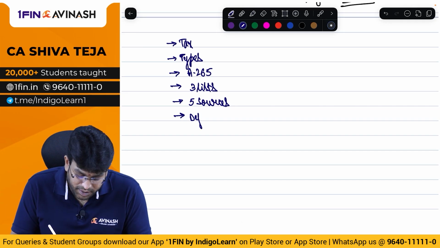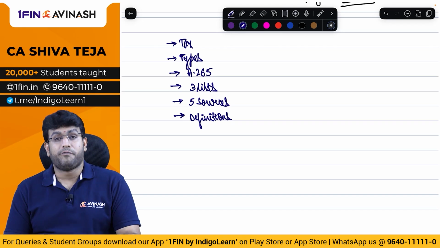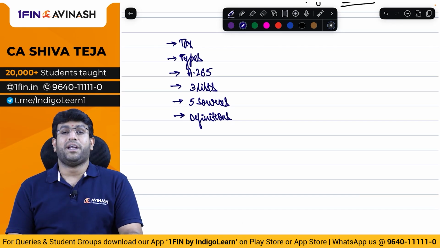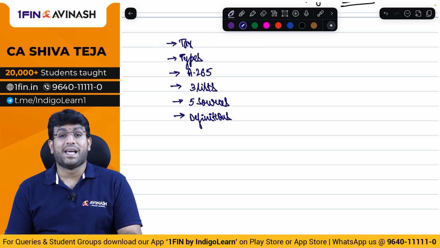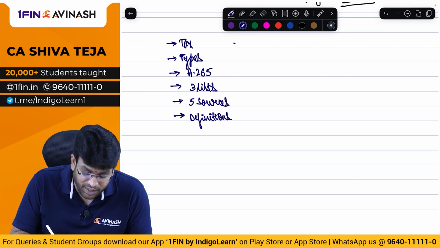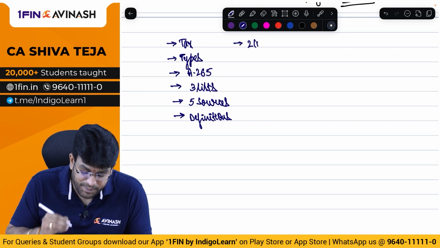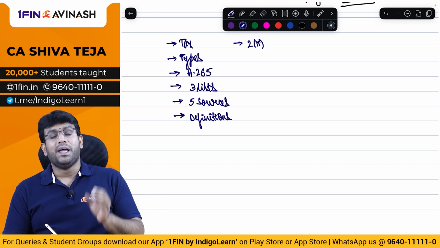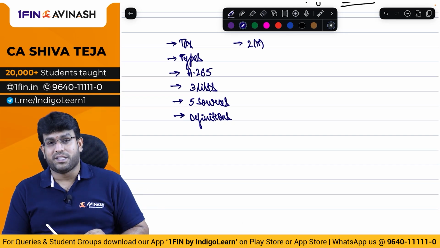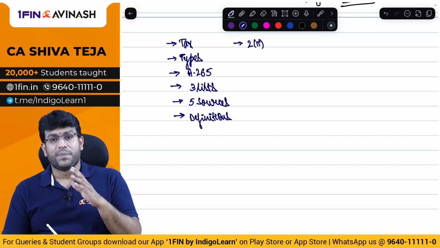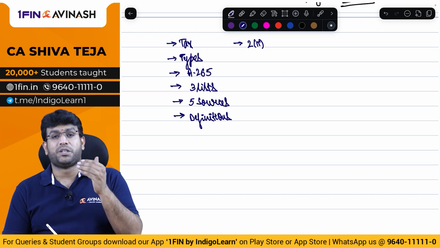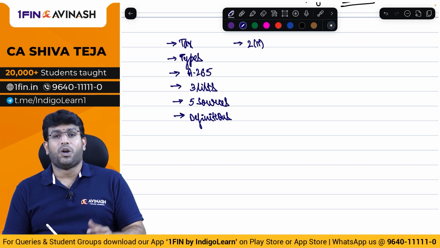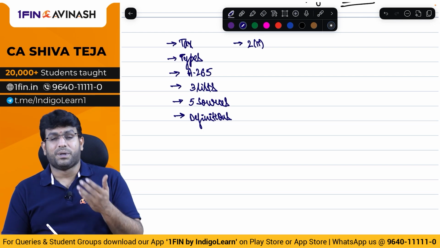Then after that, my dear friends, we clearly understood the various definitions we have in income tax, with respect to definition of India, definition of person 277, then 211 which defines who is an assessee. By the way, who is an assessee? Assessee means any person who is liable to pay tax and includes every person in respect of whom proceedings have been taken up for assessment of his income or income of any other person in respect of which he is assessable, or loss sustained by him or such other person, or refund due to him or such other person.